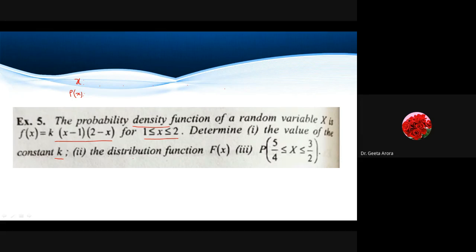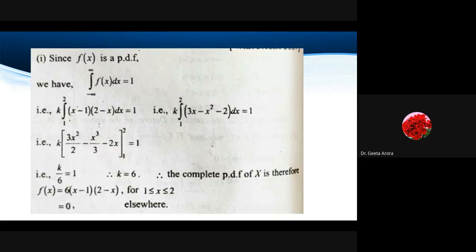Then we have to find out the distribution function. If you remember what the distribution function is, F(x) is given by the probability of capital X less than or equal to small x. Correct? And one more probability is being asked: what is the probability that capital X lies between 5/4 and 3/2? Correct? Since it is the first time we are going for the continuous case, we have to see what properties we can use. So we have written, since f(x) is a probability density function given to us,